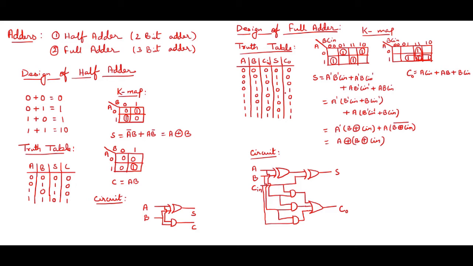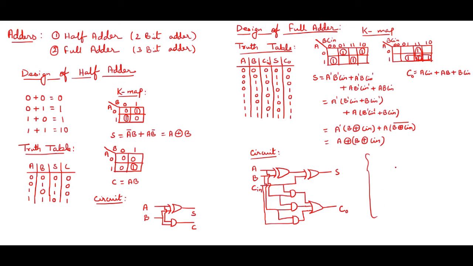The other way is that from the truth table directly, if I see the number of ones under sum and under carry and write the equation. Okay, for sum, if I take independently for these 4 min terms, I'll get the equation like this, A XOR B XOR C in. But for carry, if I take, the equation will be different. I'm just showing you over here how it looks like.